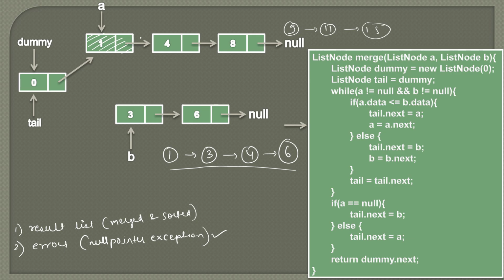There are two reasons why we are moving it to its next node. One is, in the next iteration of the while loop, now we will compare 4 with 3, so we need a reference to this node. And the second point we will see in the next iteration. So after this assignment, A next, which is node 4, we will assign that value to A. So A will come to this node now, like this.